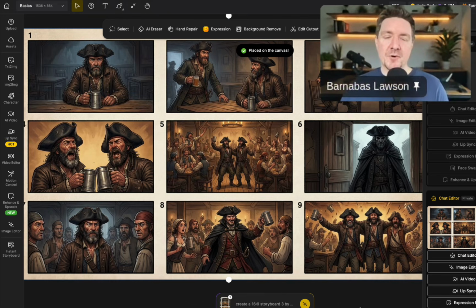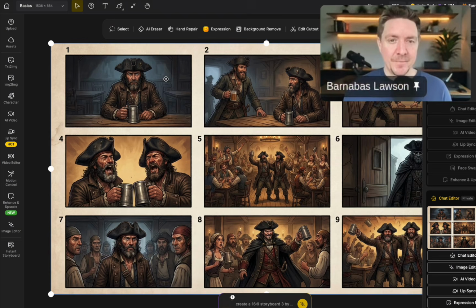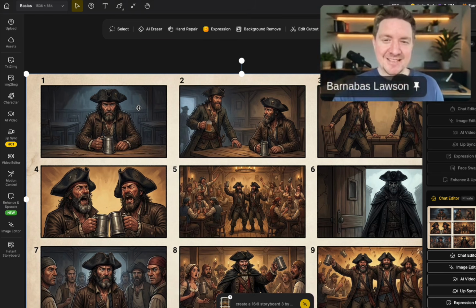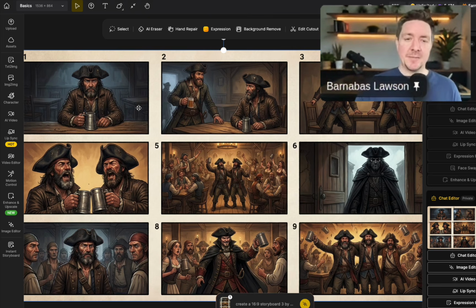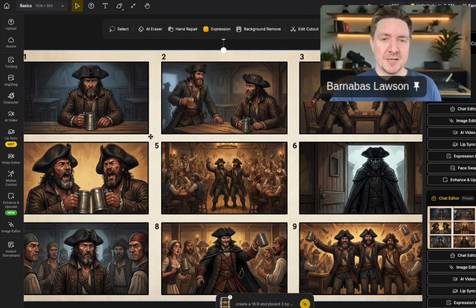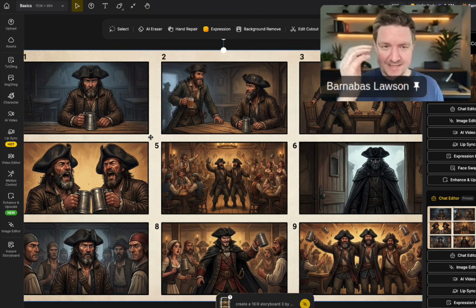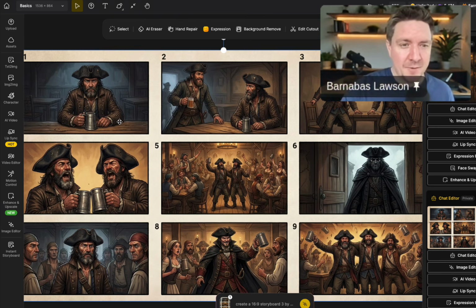So Nano Banana Pro has created a storyboard just like I asked for, and this is the storyboard here on the screen. We've got the pirate. It's created it as an animated one. Obviously, I could have asked in the prompt for it to be cinematic, photorealistic, which I didn't. So you need to make sure you include those details. If you want a cinematic realistic image, then you need to include that in the prompt. So it is assumed that it's an animated thing here,